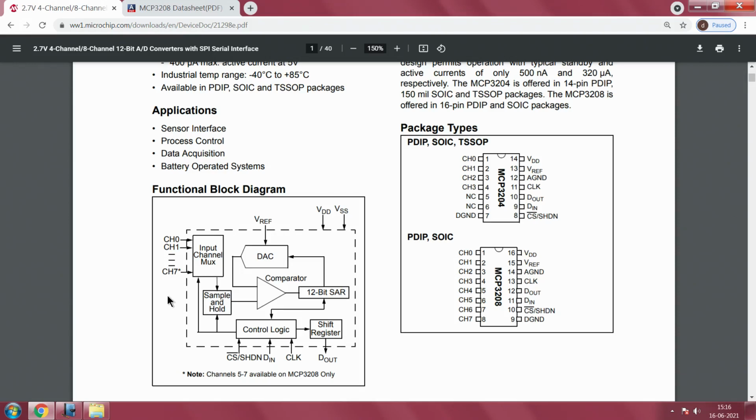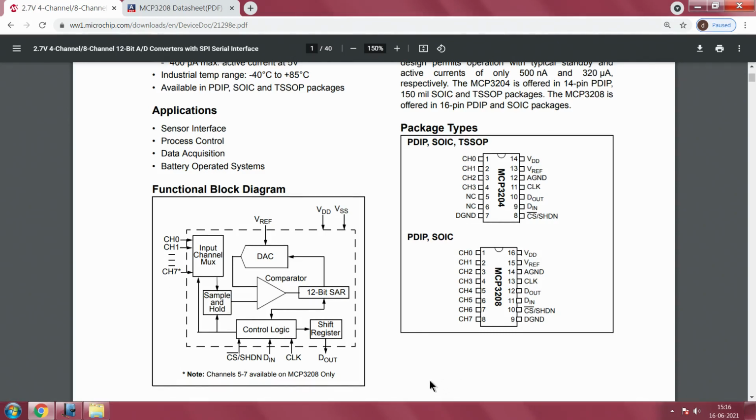You will only get that pseudo sense, but you must note that there is a delay when you do round robin. For instance, channel 0, channel 1, channel 2, channel 3, you go up to channel 7 and then you come back to channel 0. That delay is what you will have to factor in when you have your signals coming in, okay. And that works very well when the signals are varying slowly or at a lower frequency. You will be able to satisfy this condition of moving from channel 0 to channel 7 and then coming back to channel 0 in time to catch up for the next wave that comes in. So all that will have to be factored in.